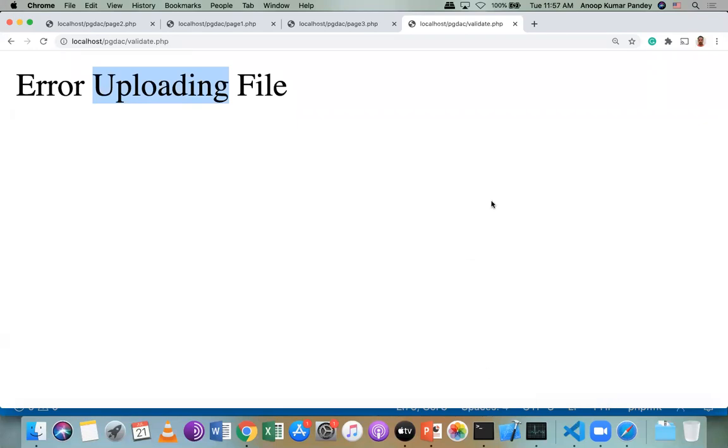Now, next part is we'll move on to MySQL. Today we won't go through the PHP coding for MySQL, just some basic things. So for accessing MySQL,